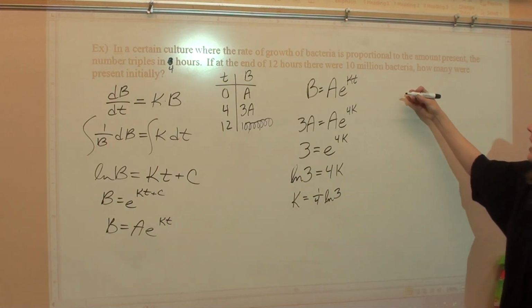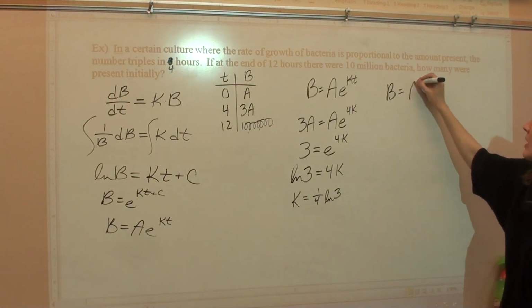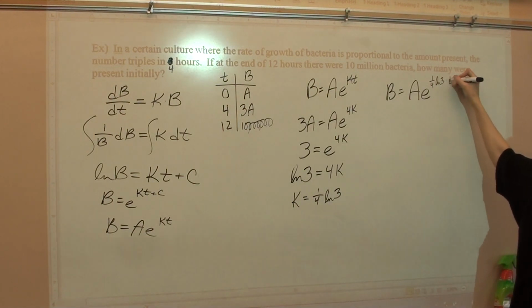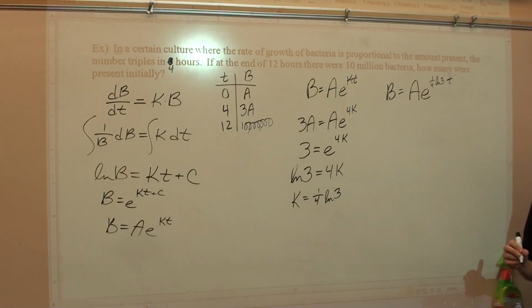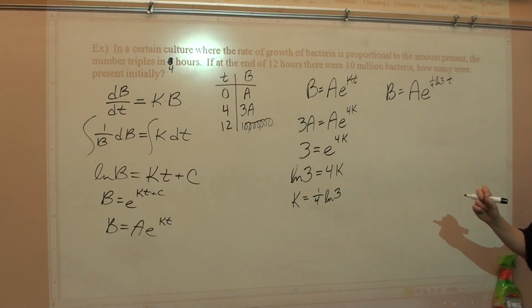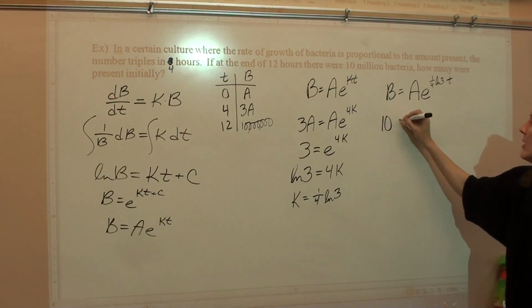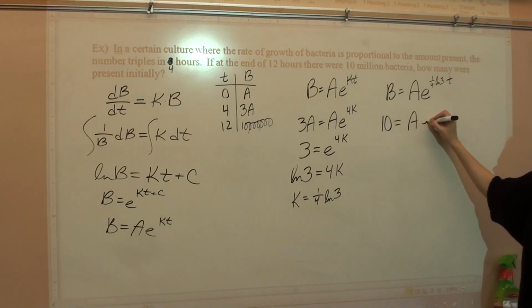All right, so now we have B equals Ae to the 1/4 ln 3 times t. Do you want me to write 10 million or do you want me to write 10 for B? 10. 10M will just confuse me because then I'll see an M and think it's a variable. Just 10? All right, let's go 10. 10 equals Ae